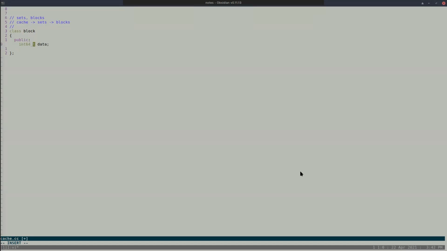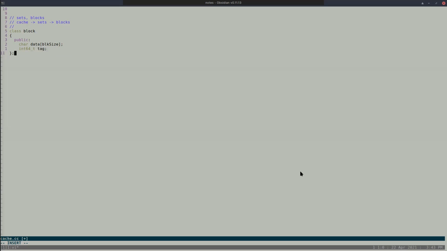Or maybe, if you are not comfortable with this, let's have this as character data, equal to the block size, whatever the block size is. We'll come back to this later, but don't worry about the data. Now, what else does a block have? You're forgetting one important thing. It has a tag and an address. So this is part of a block.